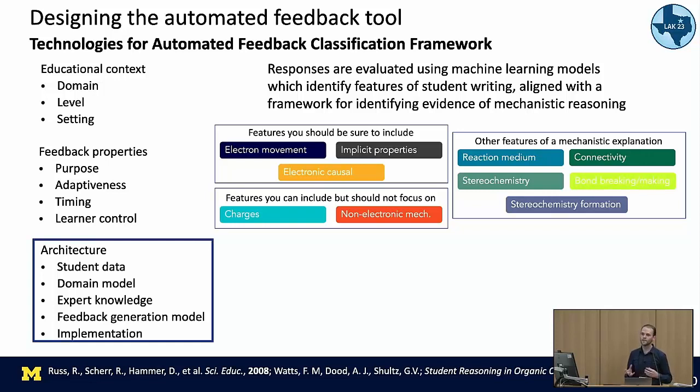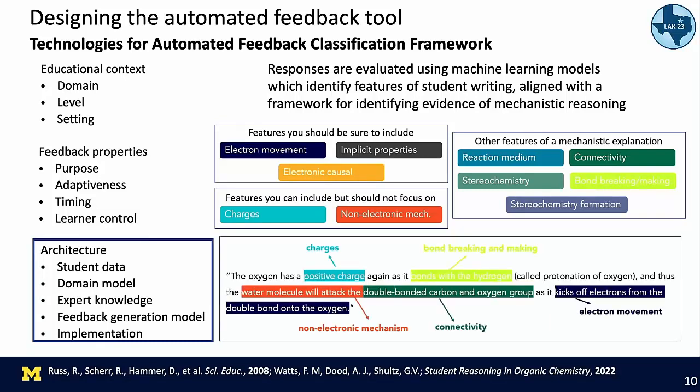So there are things that the chemistry education research indicates are typically challenging, and other features which are often reflective of more surface level thinking and aren't necessarily the goal for this type of task. And then there's other features that are just necessary for this type of writing. And essentially the way that these machine learning models work is it takes a student's response and splits it by sentence. And then for each sentence, it can predict whether or not these different features are present in their writing.